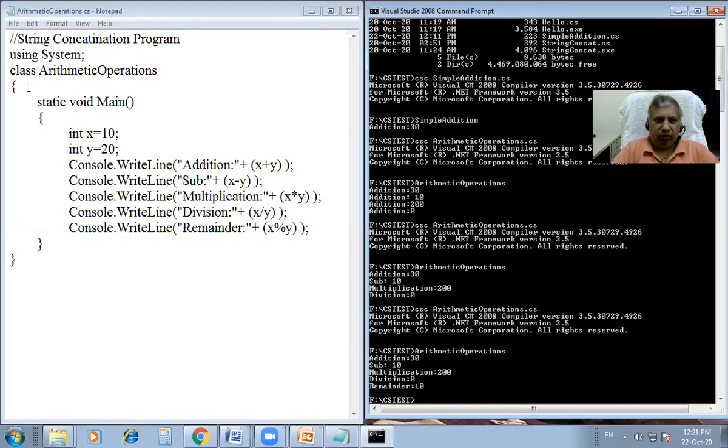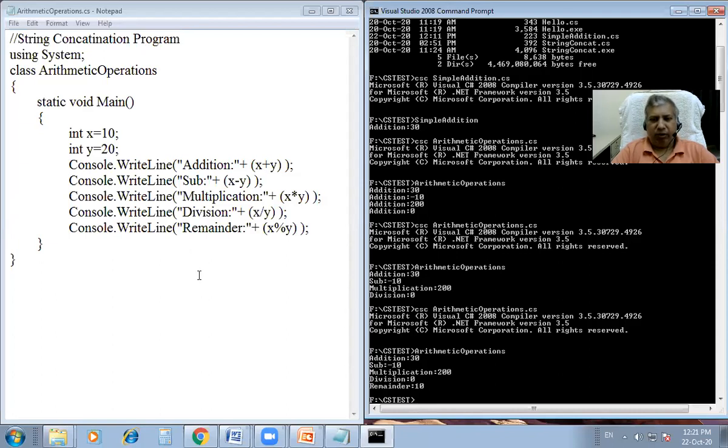I am sharing all these typed programs on Google Classroom. You can later on see them and type the programs accordingly. So in this lecture, we have discussed different types of operators used in C Sharp. I have explained each type in detail along with examples. Then we have discussed how to use unary operators and binary operators theoretically.